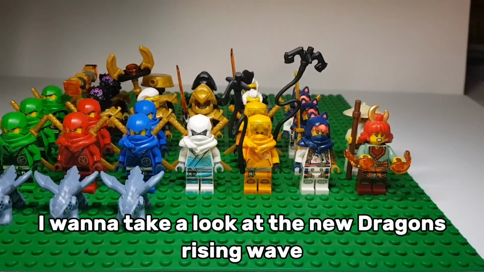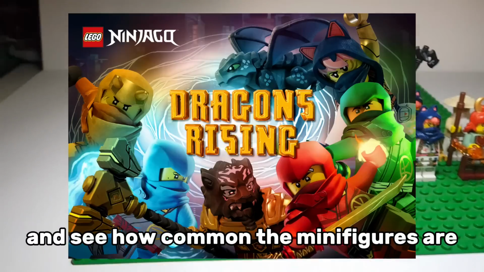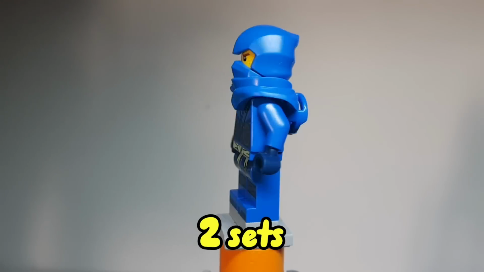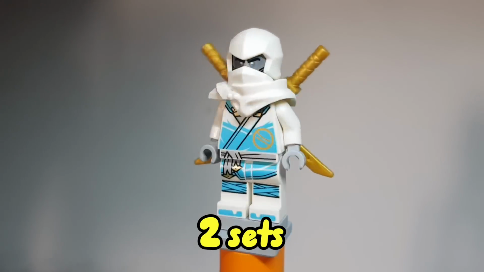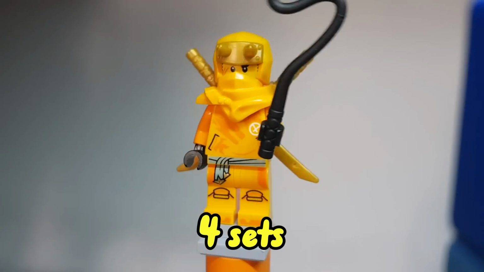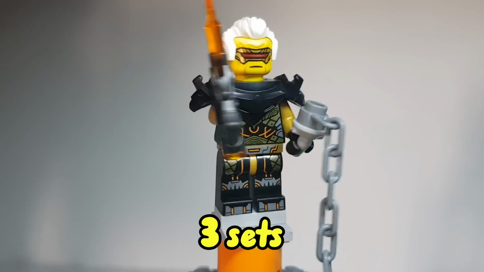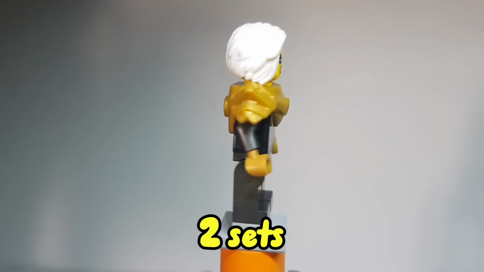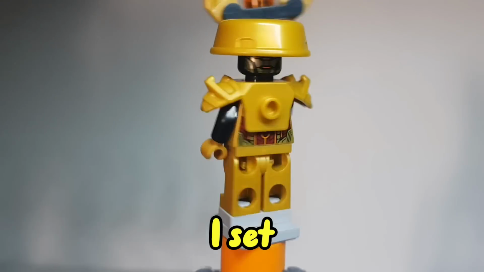Alright, so first I want to take a look at the new Dragons Rising wave and see how common the minifigures are. Kai is in 4 sets, Jay is in 2 sets, Zane is in 2 sets, Aaron appears in 4 sets, Sora comes in 3 sets and so does Rapton. Lord Raz appears across 4 sets, Empress Beatrix only comes in 2, this golden guy comes in 1 set, this